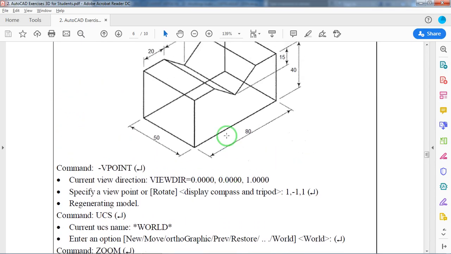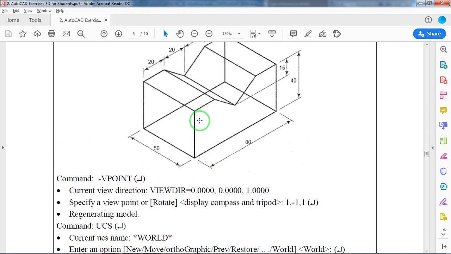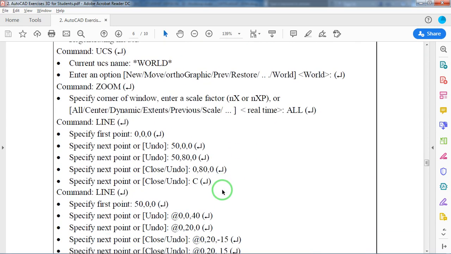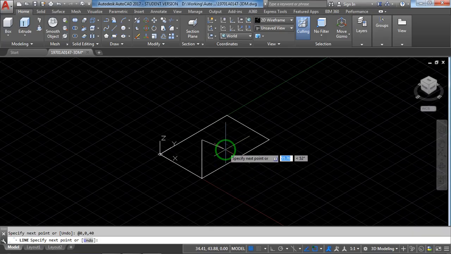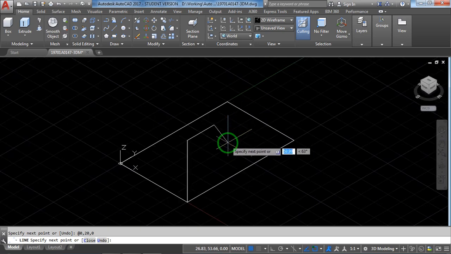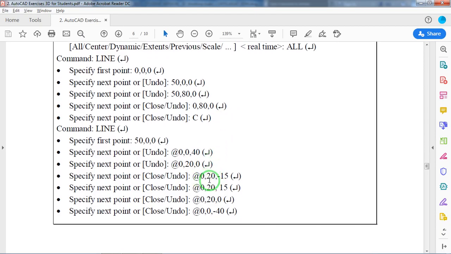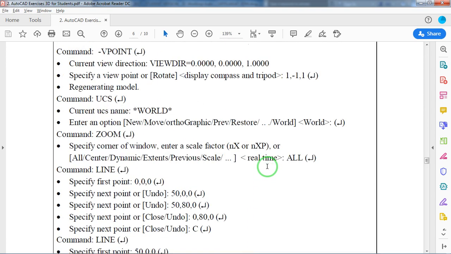Now from here towards this side, which direction? This is x, this is y, this is z. X 0, y 20, z 0. Hope you understand. At the rate 0, 20, 0. Now at the rate 0, 20, minus 15.